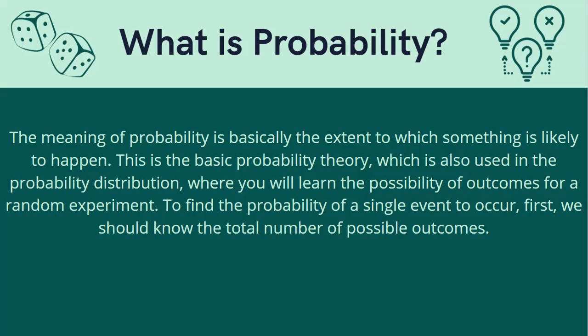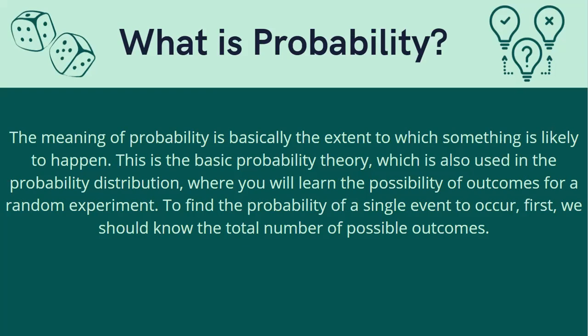So basically, suppose you throw a die, that is basically a random experiment. And what are the outcomes? Outcomes are basically the numbers or the events or the results you get after performing an experiment. You throw a die, that is your experiment. The outcome is either a number 1, 2, 3, 4, 5, or 6, any of those. And the probability of each of those numbers is 1 by 6.